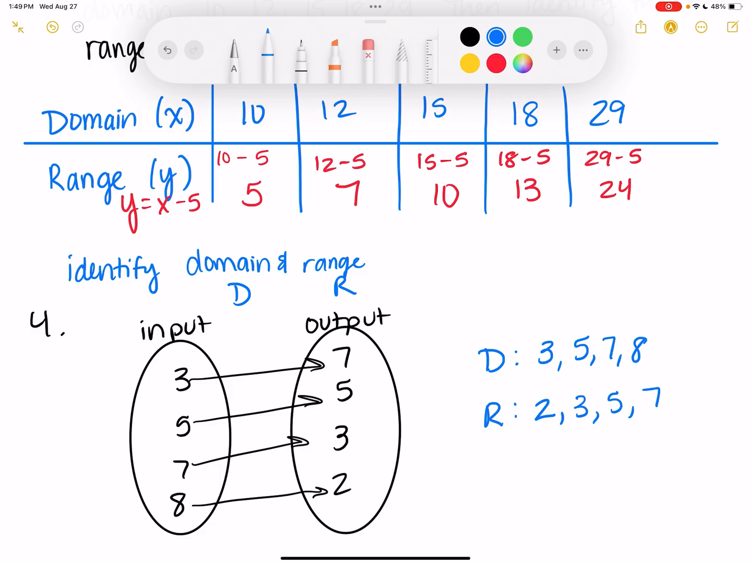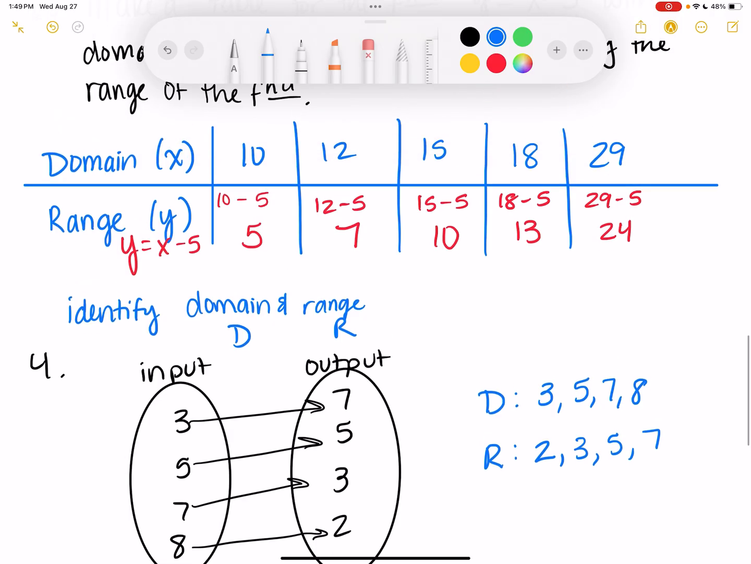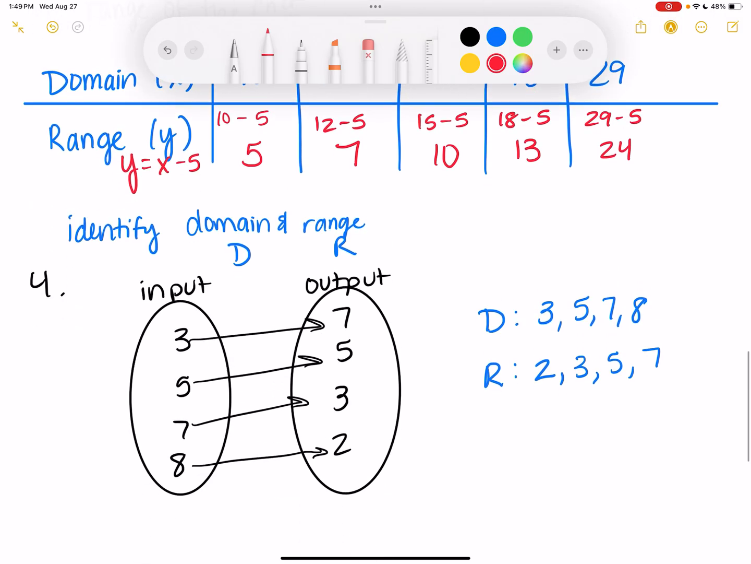The next ones, rather than stating the domain and range, but we still might at least talk about it, it wants us to tell if it's a function or not. So essentially up here we just said that this one is a function because nothing is repeated. So that one is a function. The next one,